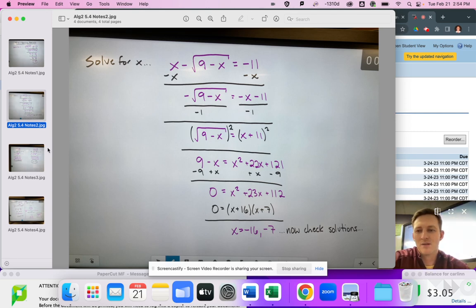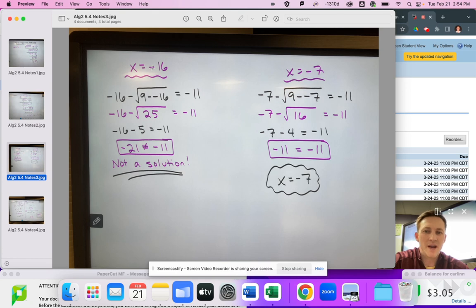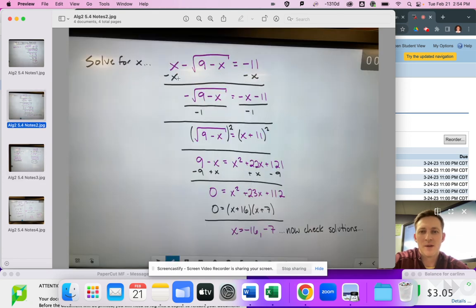So this is what checking solutions means. We're just going to take each individual answer, plug them back into the equation, and see if the equation equals itself. Okay, so we're going to test -16 first here on the next slide. So when x equals -16, I'm going to take this -16, going back to the original problem, and plug it in here for x